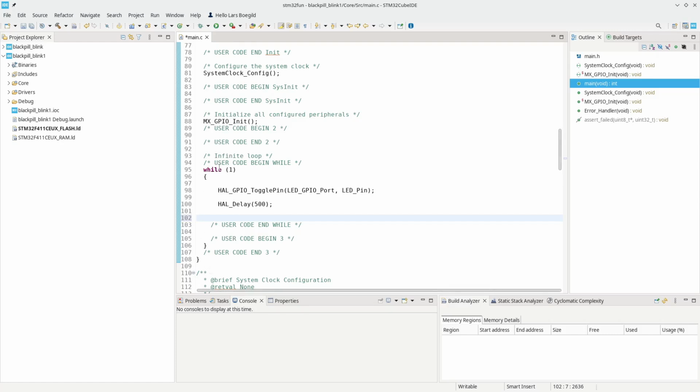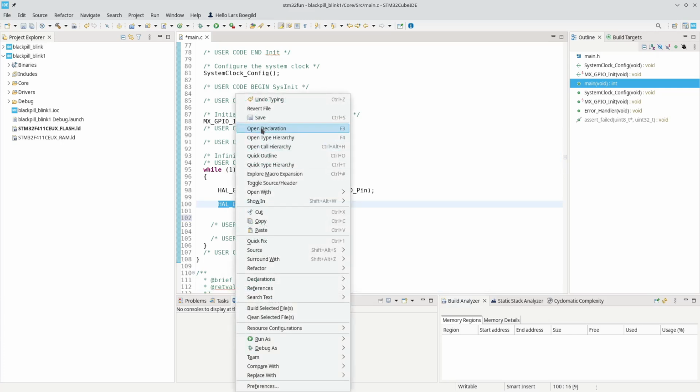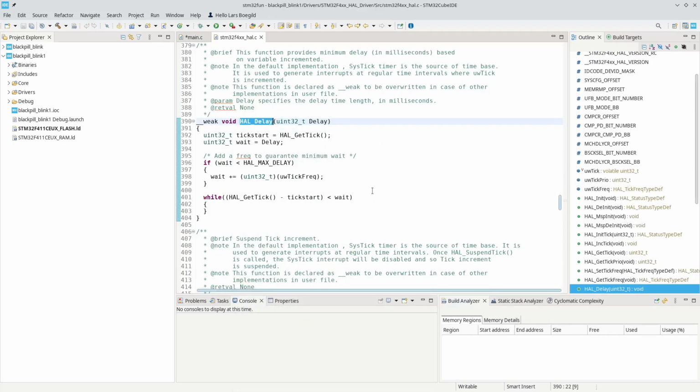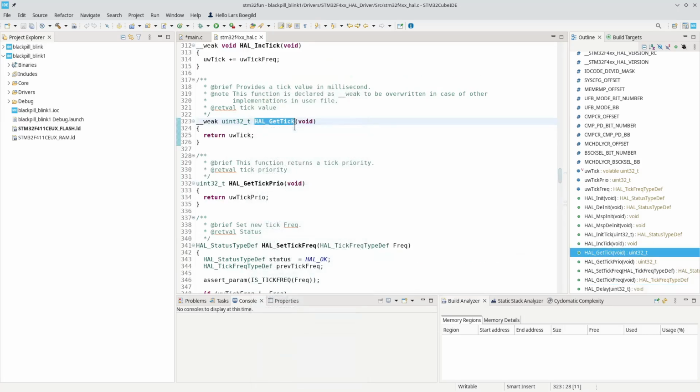In the video I made last time, I used the delay function to wait for 500 milliseconds between toggling the LED. Now, if we right-click and open declaration to look at the source code of the HAL_Delay function, you will see that it ends up in a while loop where it just keeps reading HAL_GetTick. We can also look at what HAL_GetTick does. It simply returns a global variable called uwTick, and